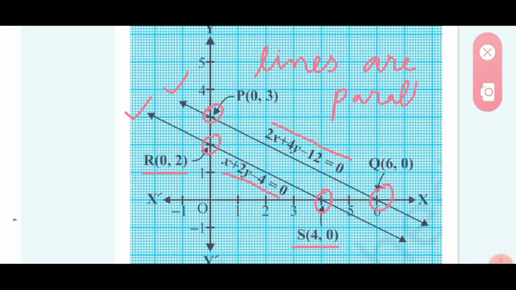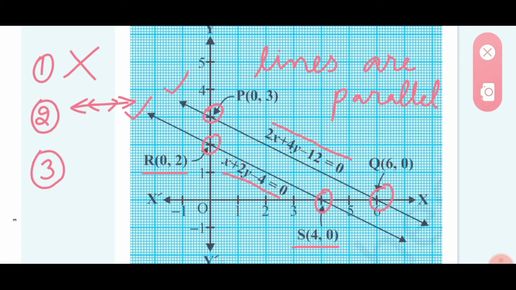In real life also, you know that such lines are parallel, right? So in all, how can we conclude? In the first example, we saw that the 2 lines were intersecting. In the second example, they were coincident, that means one on another. In the third example, we saw that the lines are parallel.